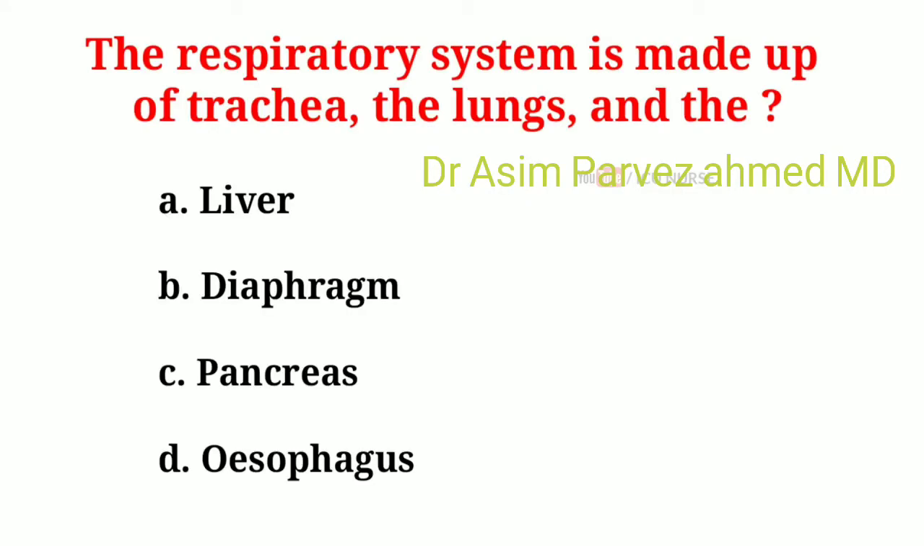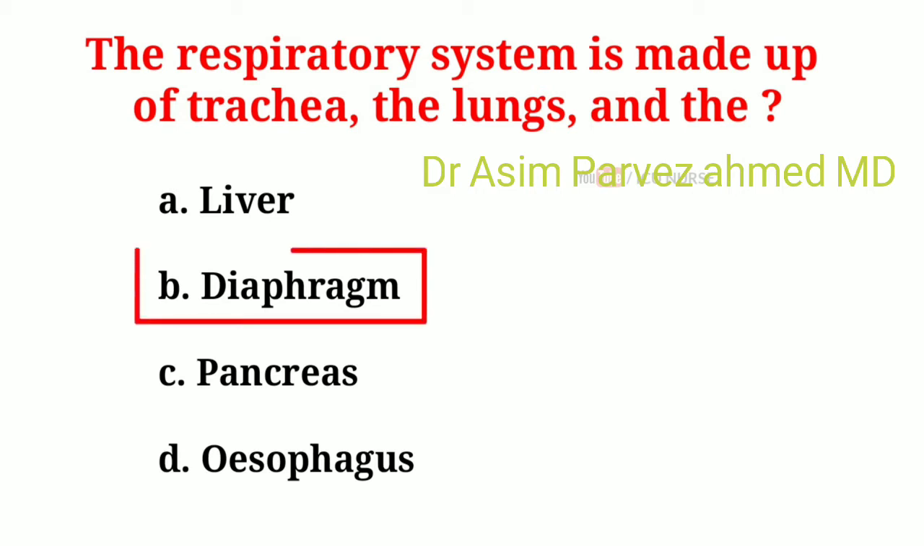The respiratory system is made up of the trachea, the lungs, and the A. liver, B. diaphragm, C. pancreas, D. esophagus. And the correct answer is